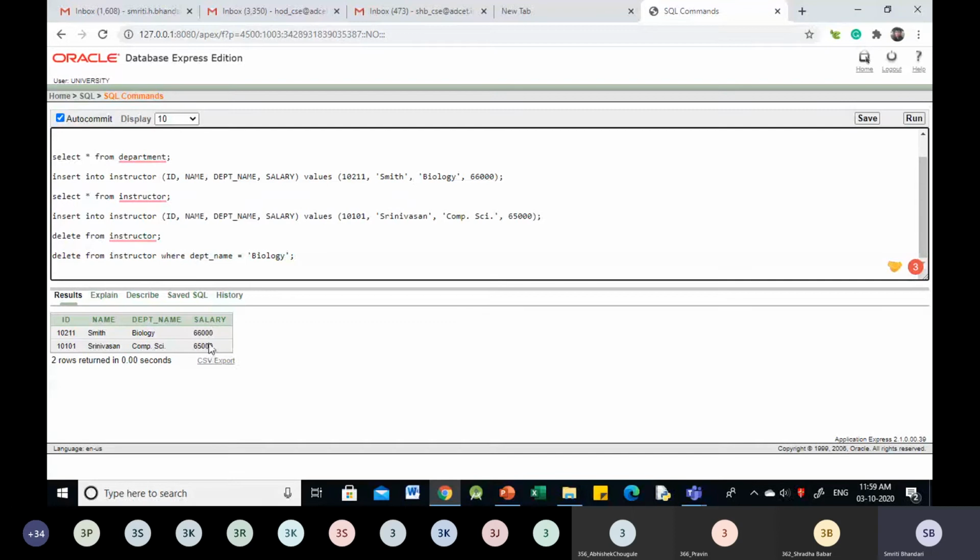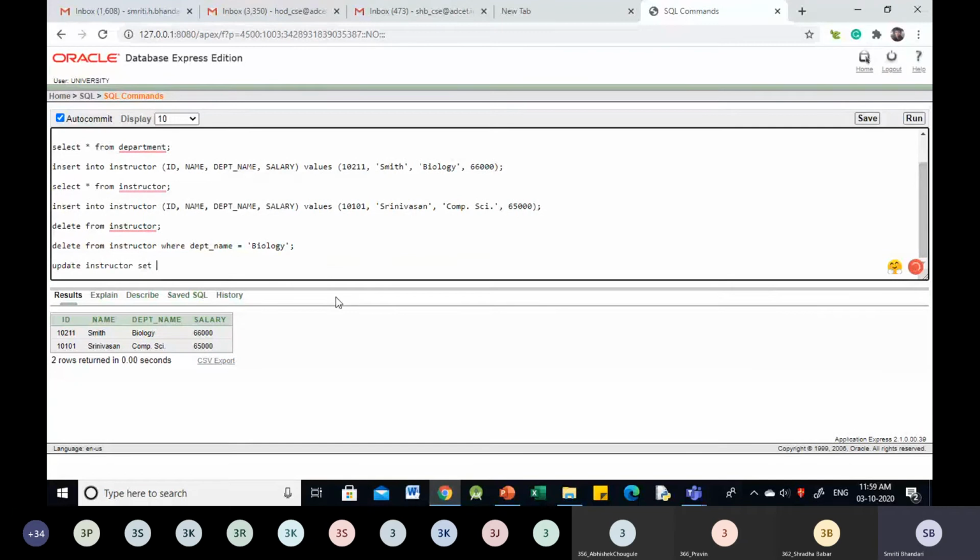How are we going to update it? We give the name of the table to update: the instructor table. Then set the attribute we would like to update: salary, to salary into 1.06. Right? This is the statement.